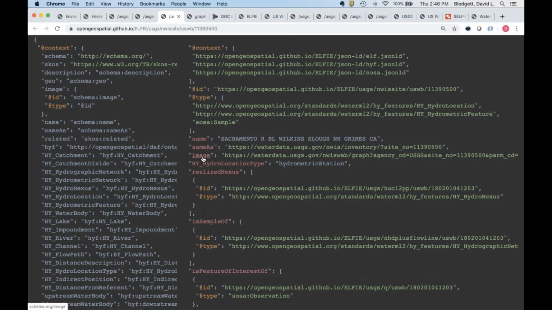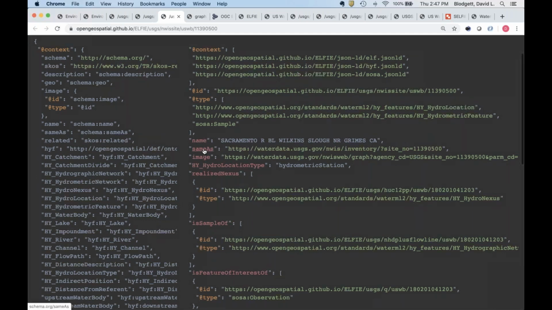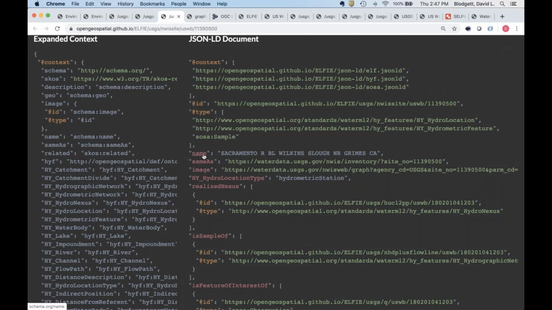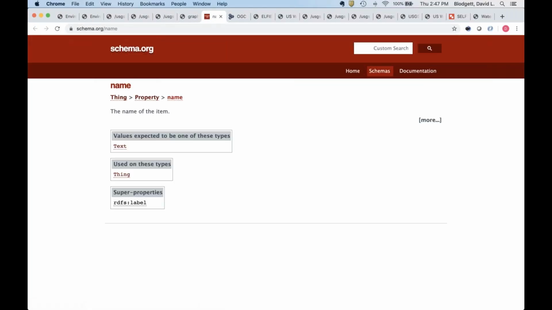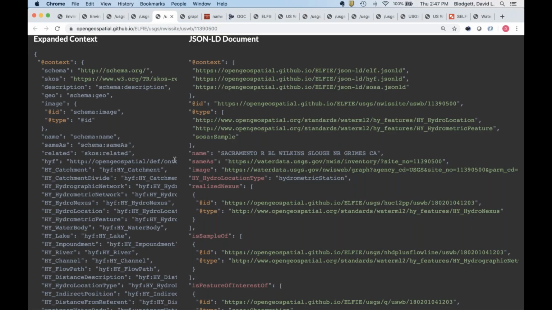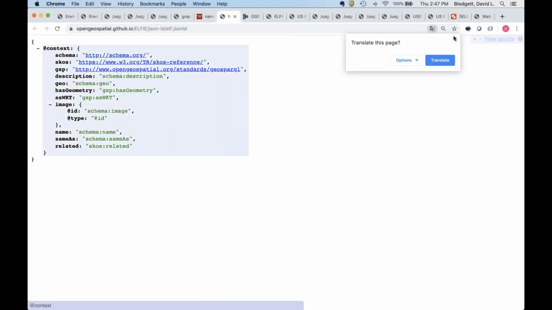I didn't go into much detail about that, but essentially this demo is resolving the context for us in a kind of traversable linked data world. What I mean is this name is linked to the schema.org name declaration, but in the raw JSON, it's just name. And the context up here, I believe it's the ELF, so let's go to the elf.jsonld.